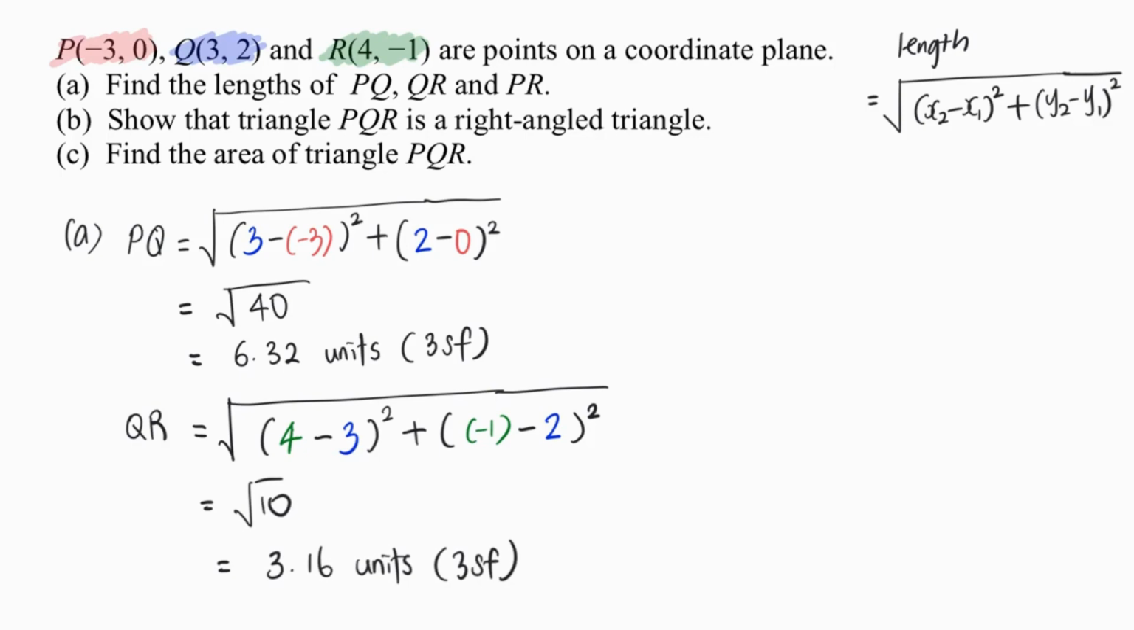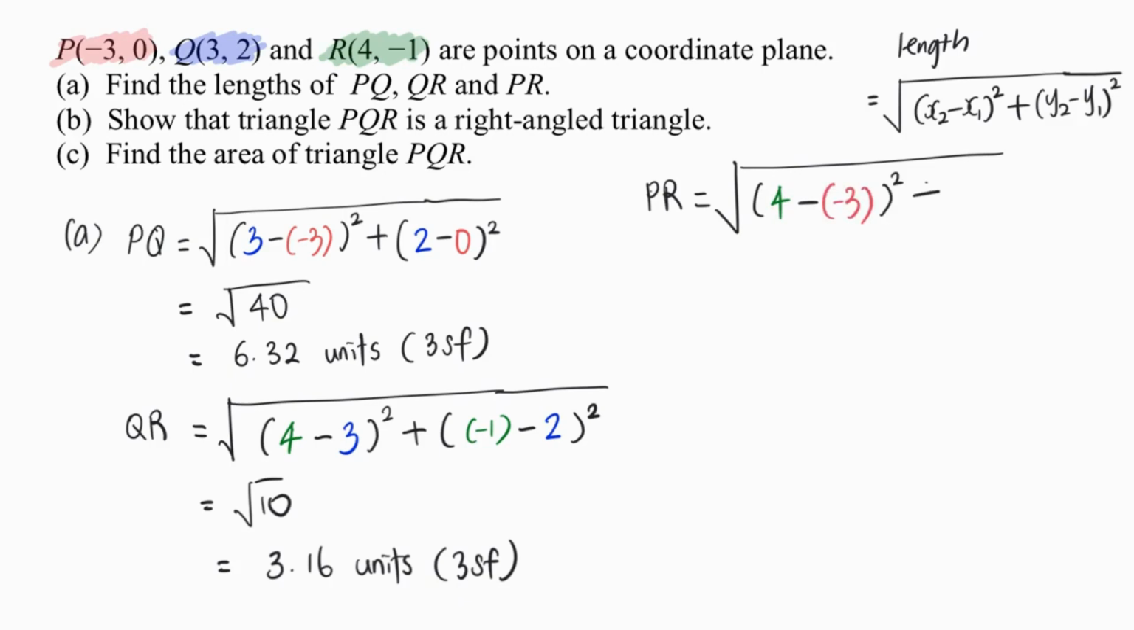Okay, let's move on to the next line, PR. Going to repeat this whole thing again. P and R, so I will have my 4 minus my negative 3